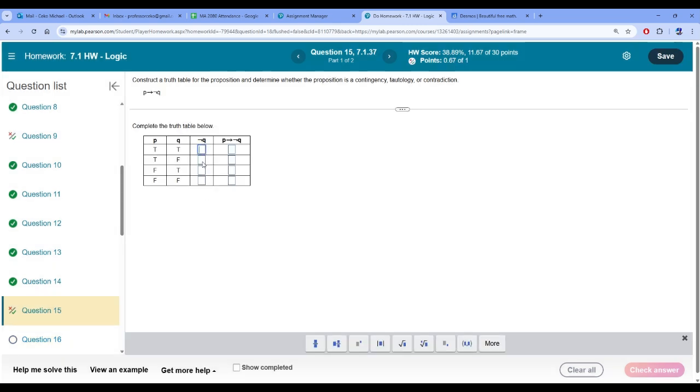Not Q is false, true, false, true. So P implies not Q. Does true imply false? Is true. P implies T would be true. P implies